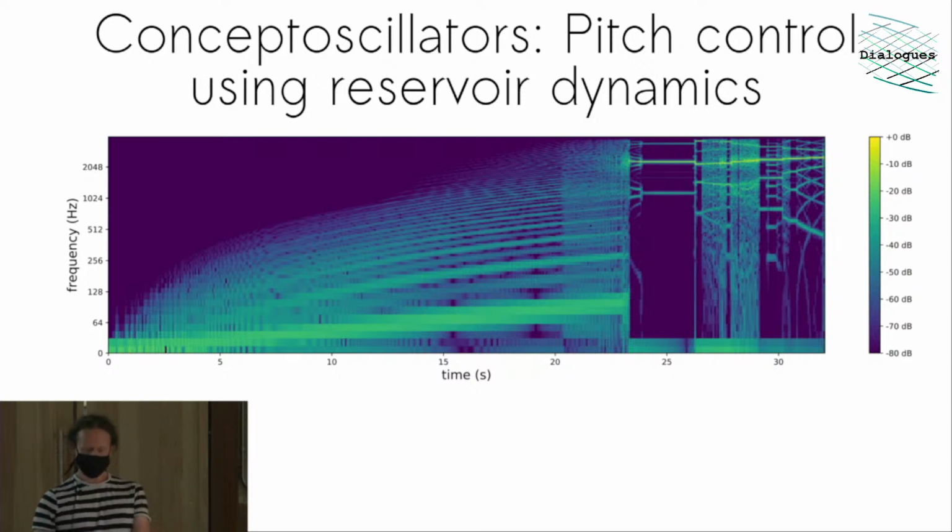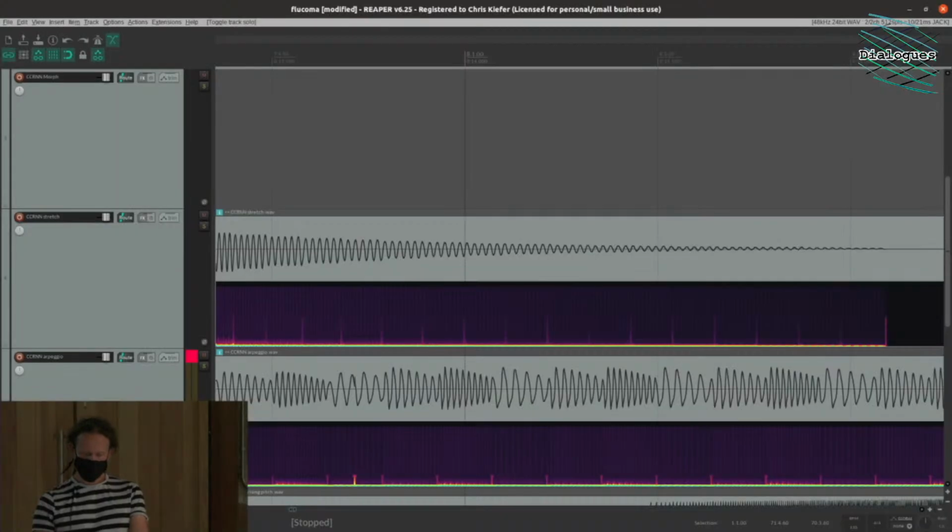So this is another example that does pitch control and tone control over oscillators. And it's real overkill. You can do this with an analog synth already or a digital synth. But I just found the fact that you're doing it with a neural network quite interesting. It gives you some extra possibilities. So you can pitch control these oscillators. Here's one that's been trained to recreate a saw wave.